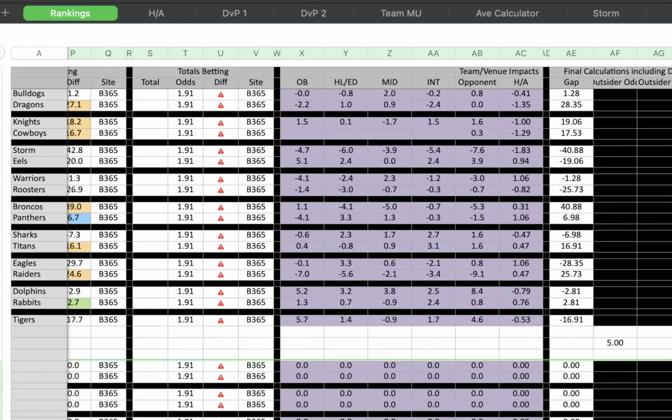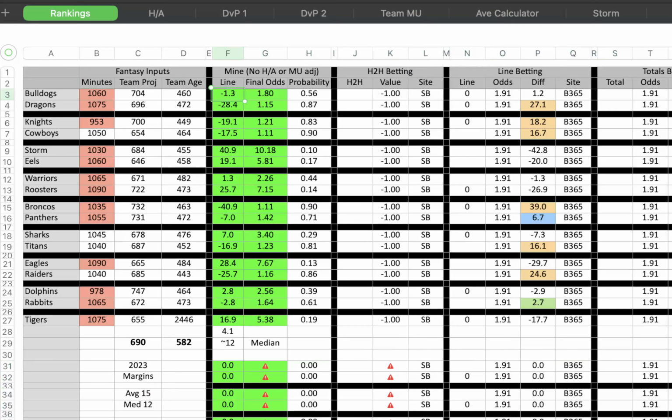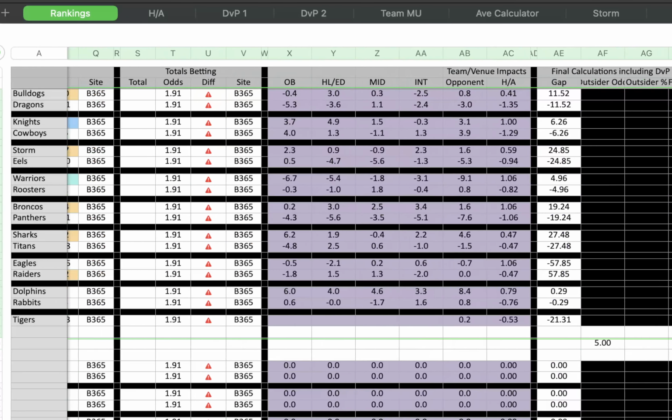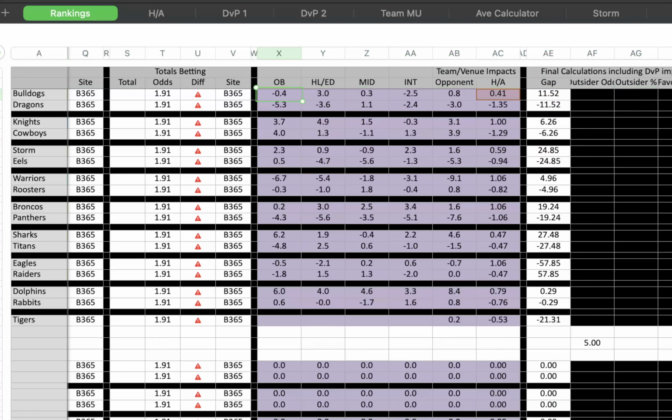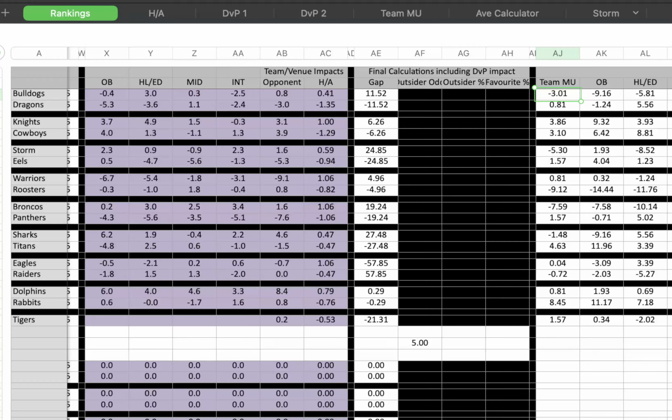And I copy these cells up to refresh everything in the new spot where I've put it. And then all this purple stuff repopulates for the opponent for the week, and that just automatically goes over. So, for example, the Storm, who are playing the Eels, they have slightly positive matchups at most positions, except for middles.